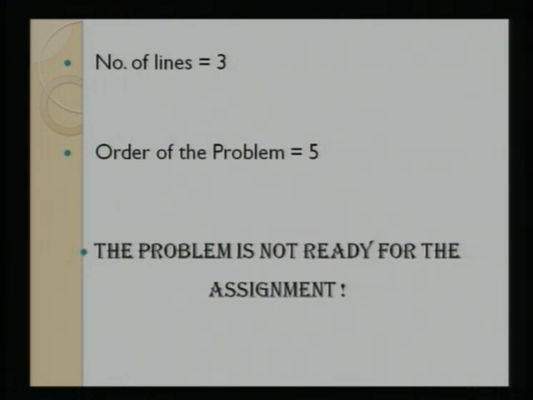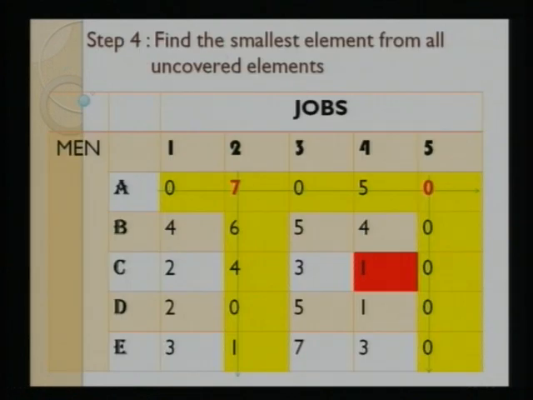Okay, so as we were talking, let us generate some more zeros. So the next slide gives us the same. This is step 4, which we did actually on the board, and is reflected in the slide. We can see that those highlighted numbers, 7 and 0, are improved because of that red marked 1. 1 is the smallest element which is not covered by the horizontal or vertical lines.